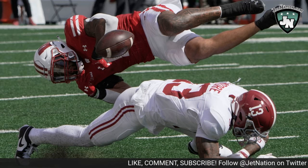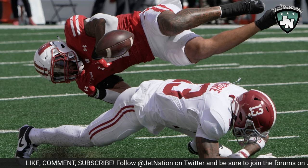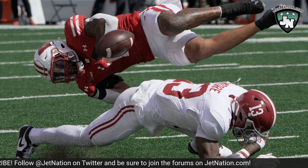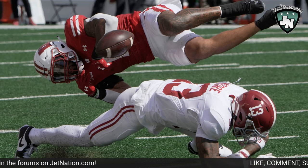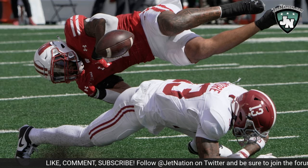Malachi Moore is going to be your roamer over the top if need be. He's going to be your box safety who can come down and hit hard. As you see on the screen, in this game against Wisconsin, he forced a big hit and a fumble against the ball carrier here in this graphic. So the tenacity of the player you're getting just kind of screams the Aaron Glenn type of defensive player that he wants, somebody who's going to toe